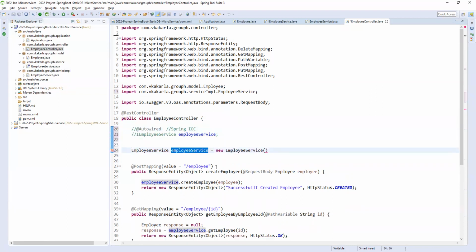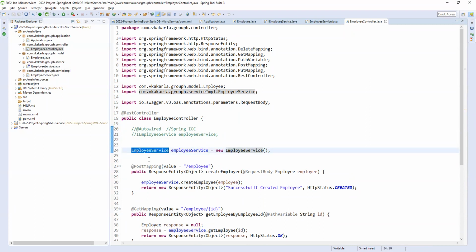So from the service class, we are directly calling here, of course, with a new statement. Okay, fine. So if you are having 100, it means you are creating an object of your service, which means the control of creating an object of your service is with you only, which means the developer, which means the programmer, right?